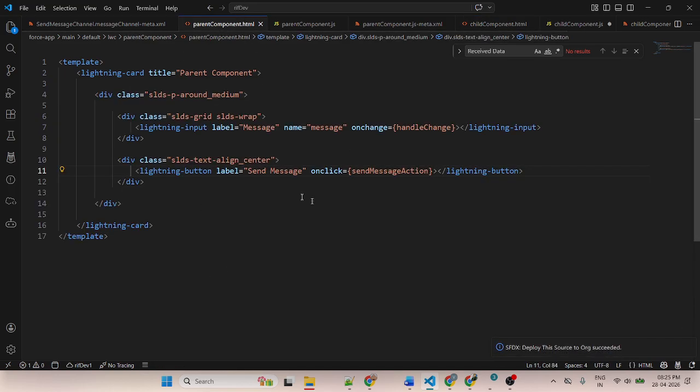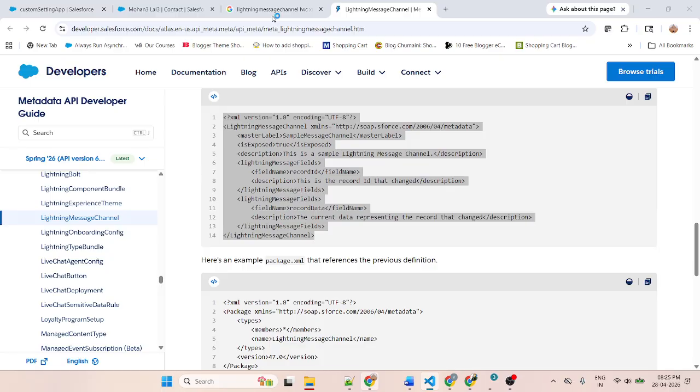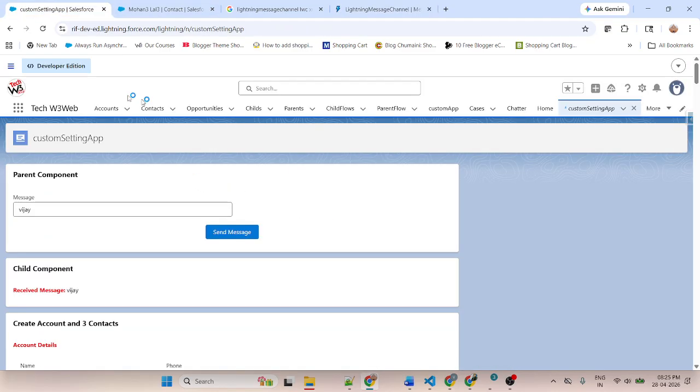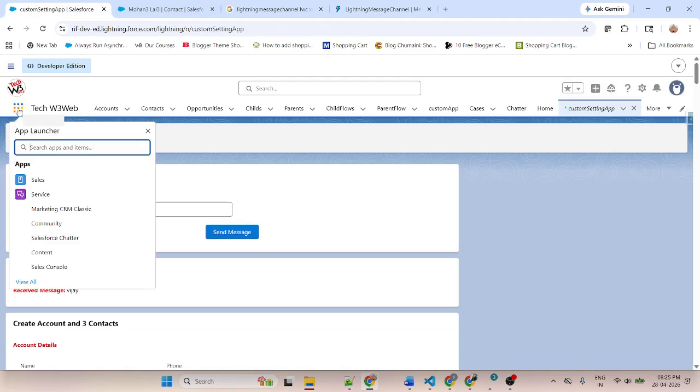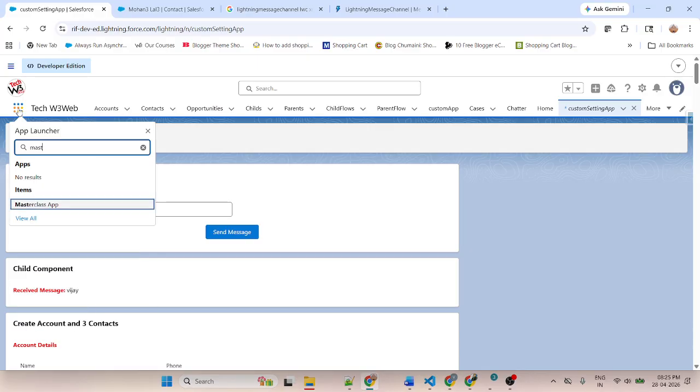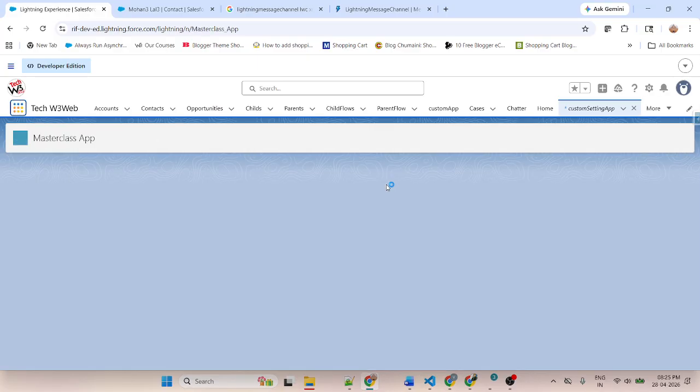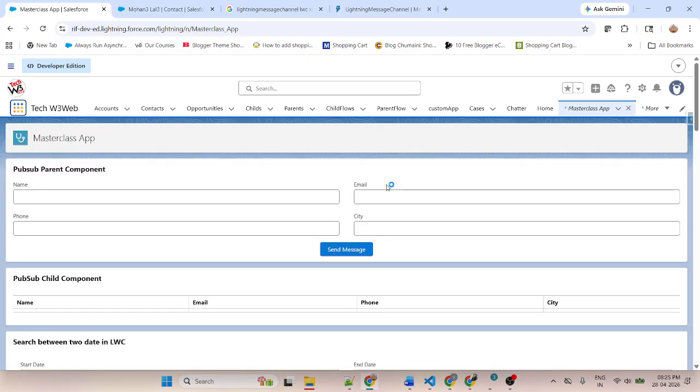Both components deployed successfully. Let me go to Salesforce and the master app. Here I will call this, my previous session: how to pass data from parent to child through PubSub.